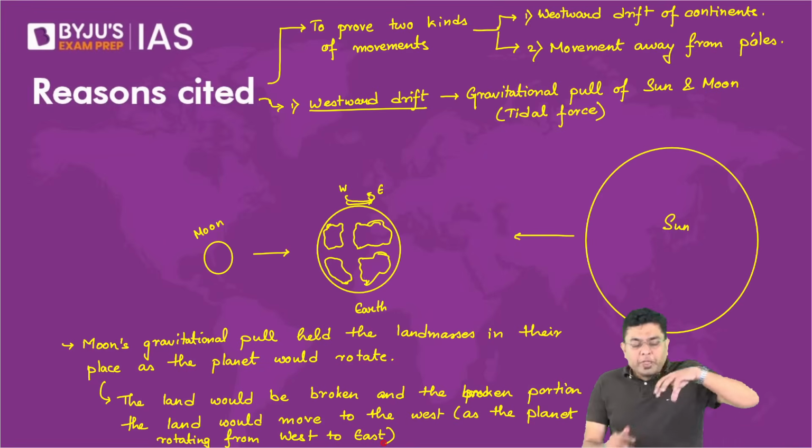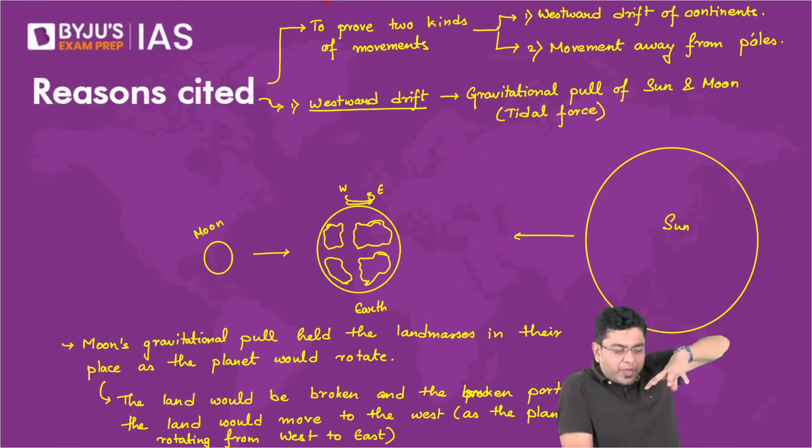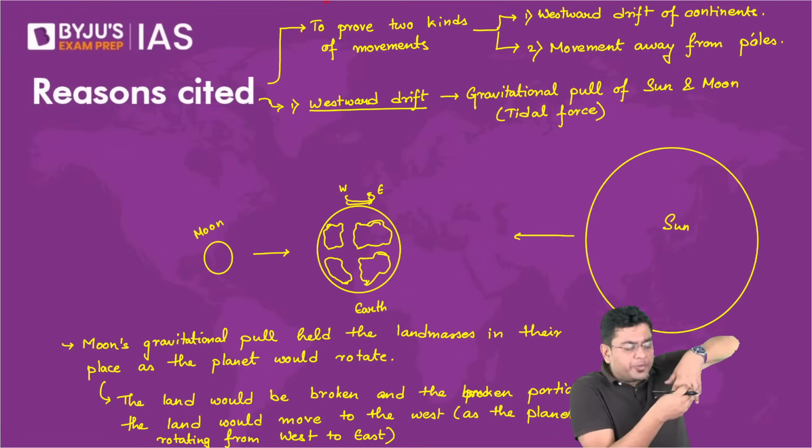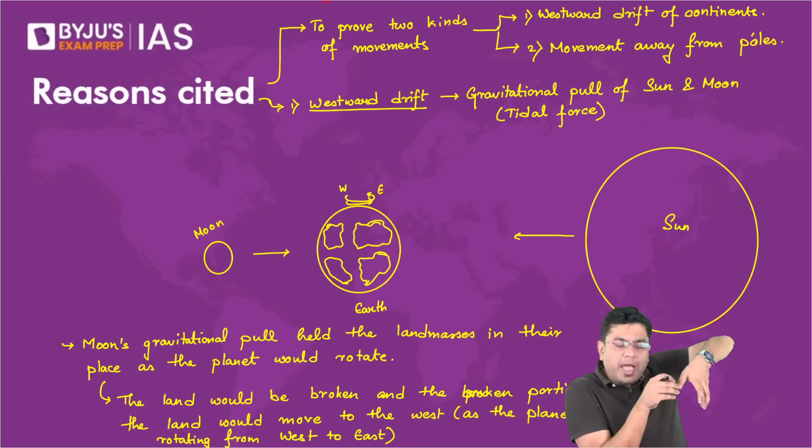Okay, so think about it, the planet is consistently rotating from west to east. Here is your moon. The moon is holding the land masses. So if the land mass on the planet finally breaks and is being held by the moon, as a relative position from the planet Earth, what direction of movement would you observe for that land? Again, I will repeat. Think about it again. The planet is rotating from west to east, right? That is a continuous rotation.